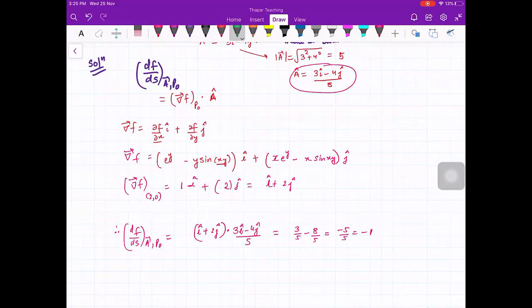Okay, then we'll start. One topic is left for this exercise, properties of directional derivatives, but we have no time left. We'll do it next week. Okay, then everybody, I will see you on Monday.